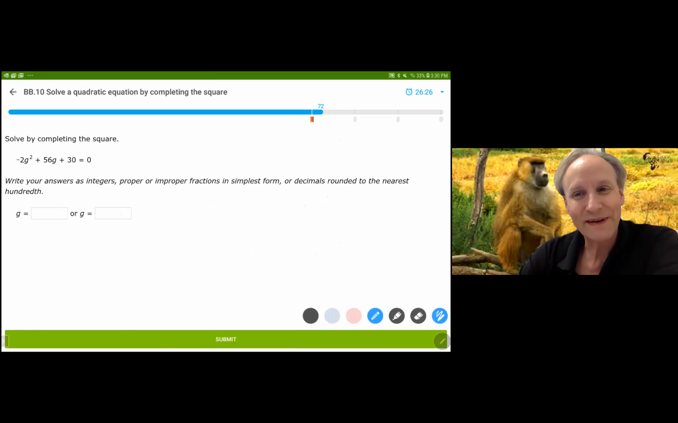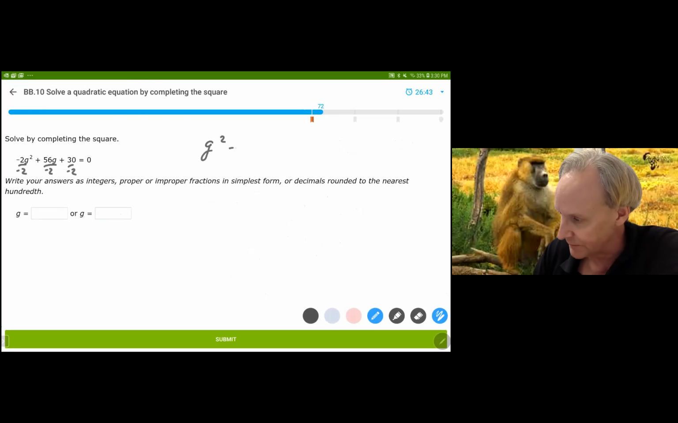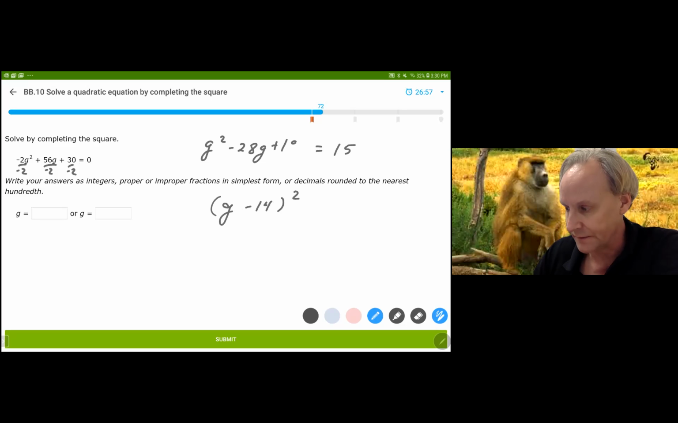In this one, we're going to divide everything by negative 2. They're trying to trick me again. So we're dividing by negative 2, negative 2, and negative 2. And I'm going to do a couple things. I'm going to divide by negative 2 and get g squared. I'm going to divide by negative 2 and get negative 28g. And I'm going to divide by negative 2 and add 15 to both sides. And that gives me my g minus 14 squared. And that means I needed to add 196, which gives me 211. And when we take the square root, the plus or minus,